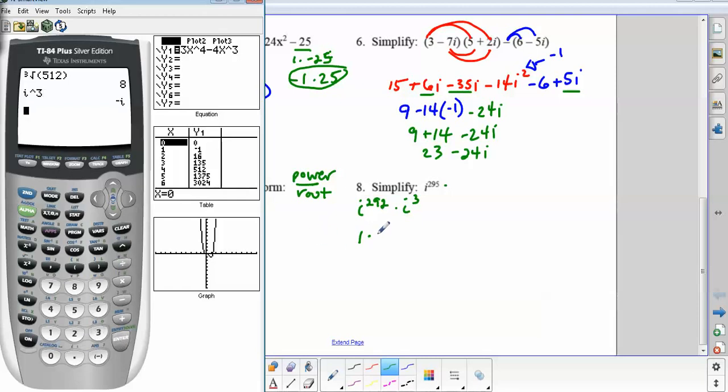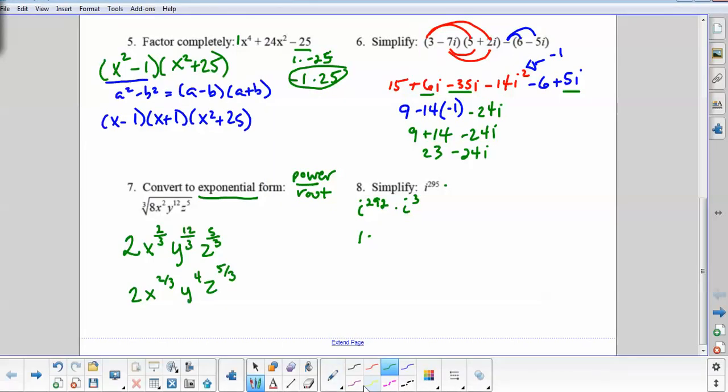So if I have 1 times negative i, well, 1 times anything is itself, so your answer is negative i. Okay, let's go